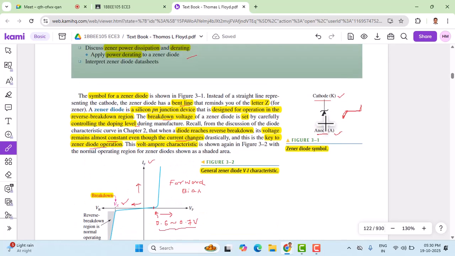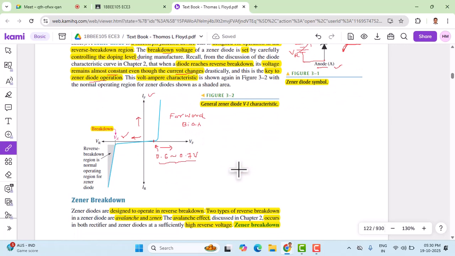If we connect the anode to the negative voltage, like this, with positive and negative in this way, this is the reverse voltage. We need to keep this as a variable, and as we vary the reverse voltage, the current changes accordingly. Now the question is, what reverse voltage do we need to maintain? We need to reach at least the breakdown voltage. Once the Zener diode is operated in the breakdown region, which is represented as VZ,